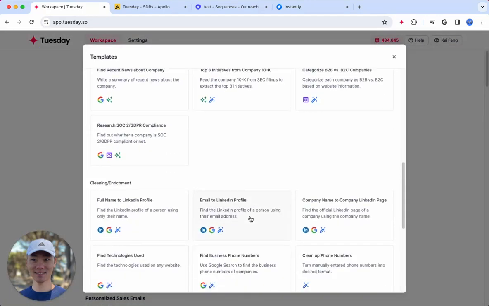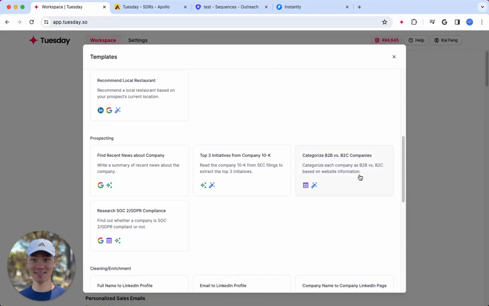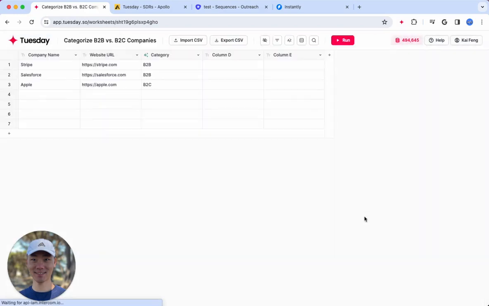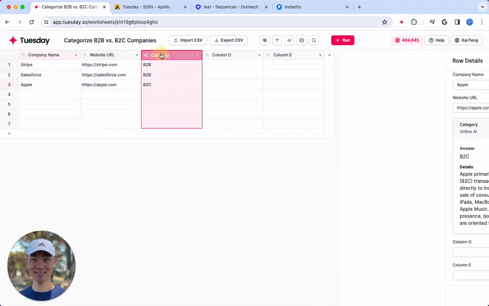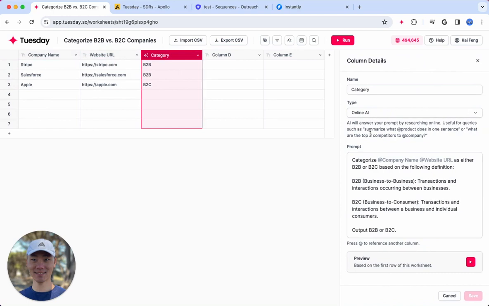Let's take a look at another example, right? Let's say we want to maybe categorize a company as B2B versus B2C. So here, given the company name and the website URL, we can use our online AI, which is kind of like a research assistant that has access to the internet, right? So that's why it's called online AI. So basically taking this